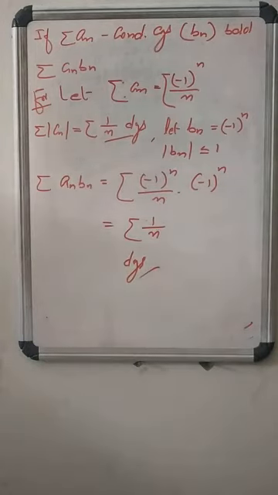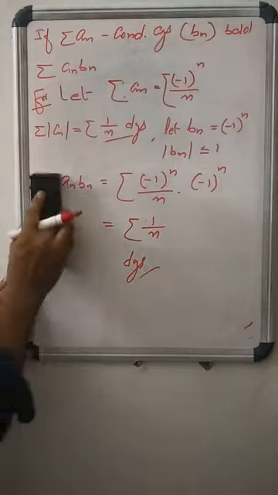When sigma an is conditionally convergent and bn is bounded, then sigma an bn may diverge, need not converge. But if sigma an is absolutely convergent and bn is bounded, then sigma an bn is also absolutely convergent. But if sigma an is conditionally convergent and bn is bounded, then sigma an bn may diverge. Enough. Now